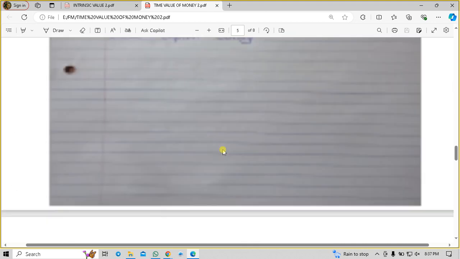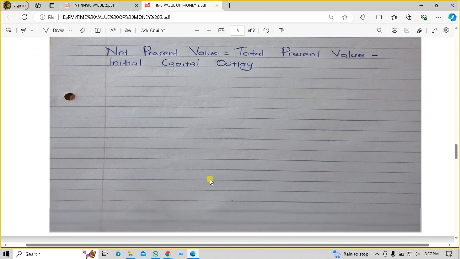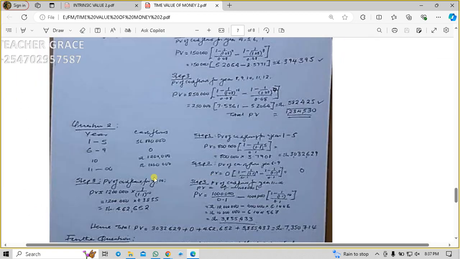So here we have used 1 million over 0.1, which is the same as this one. Year 19 to infinity, we are using 500,000, 1 over 12%. So we can still use the same here. It will be 1 million into bracket,